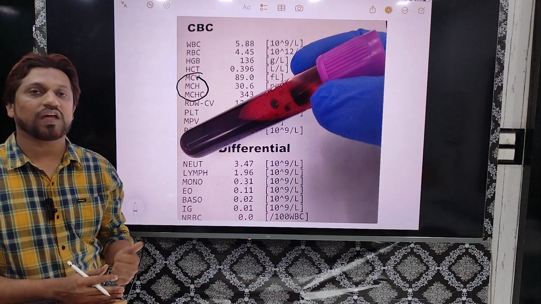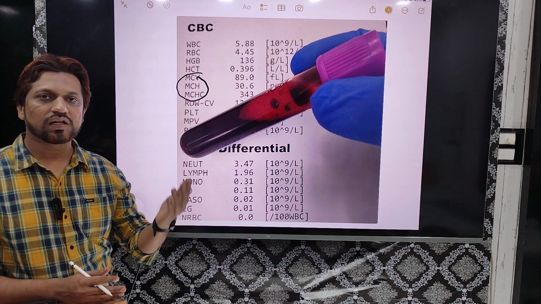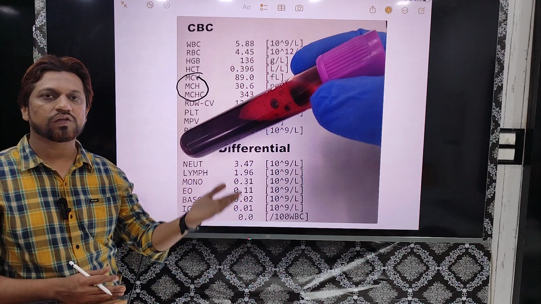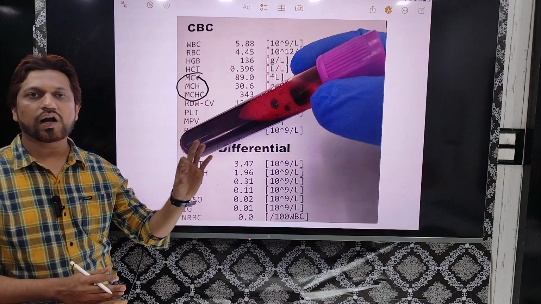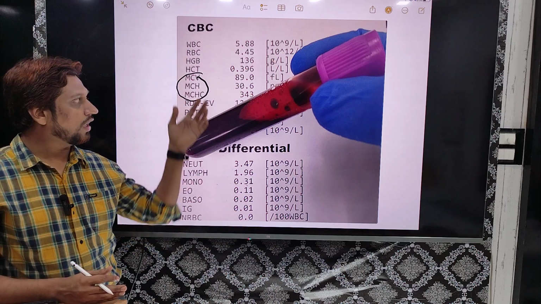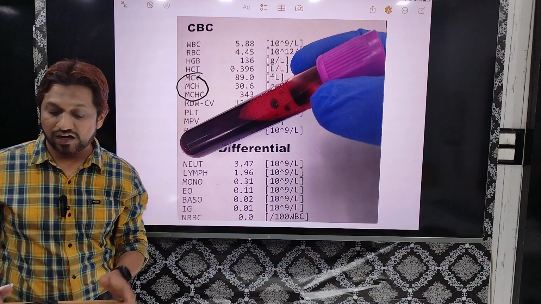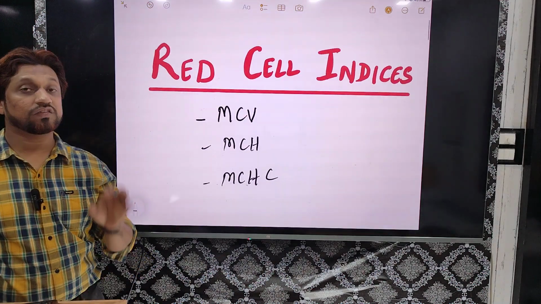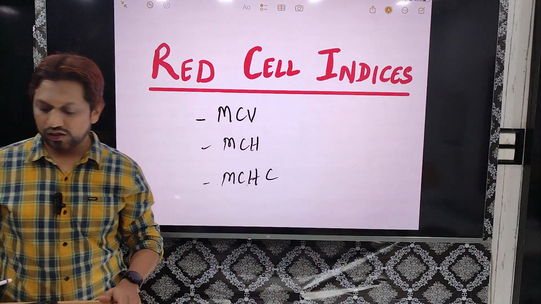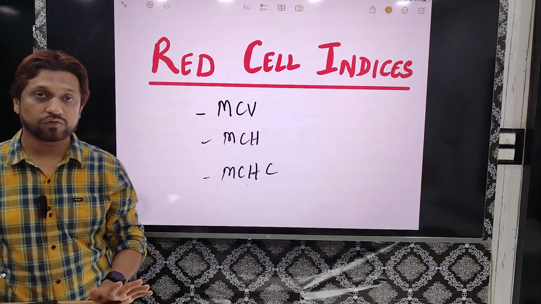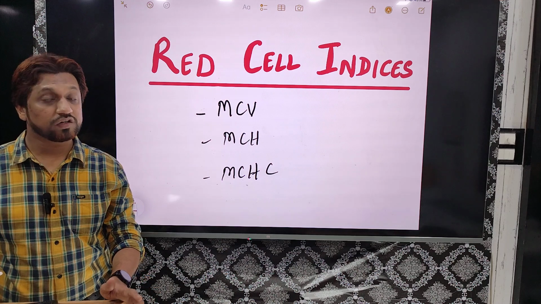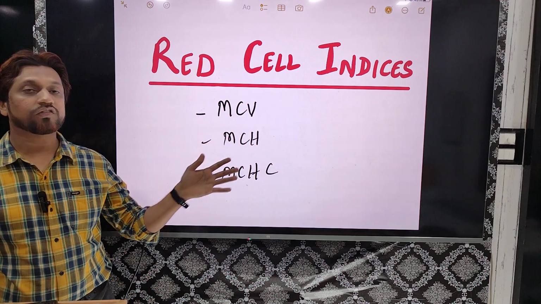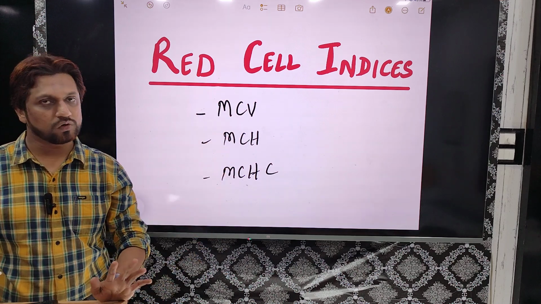You might be knowing what is anemia. Anemia is basically a decrease in the hemoglobin content in RBC less than normal, or even a reduced total red blood cell count. With the help of these extra parameters known as red blood cell indices, or the red cell indices related to red blood cells, we are going to diagnose which type of anemia. In subjects like physiology, pathology, general medicine, this topic can be asked in the theory exams for MBBS students.